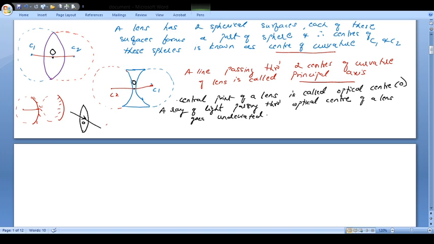Now see, why does it go undeviated through the optical center? You can understand this explanation like this. Suppose you have a thin lens. If you divide this lens, this is a triangle, then this becomes a slab. At the center you will get literally a slab only. Then you will have a trapezium kind of thing here, and then here you have a triangle. You can divide it like this.